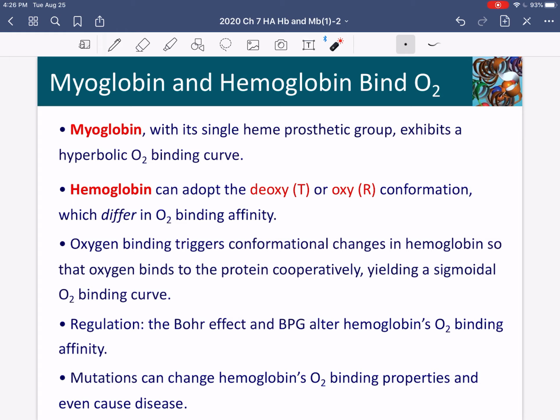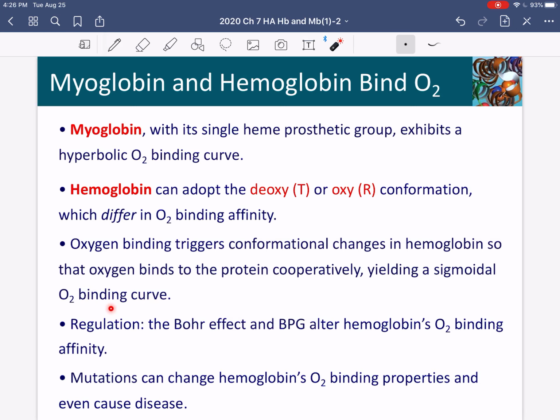And so it's either an all or nothing binding to oxygen. You go from no oxygen bound, and then when it's triggered at a certain concentration of oxygen, it goes to the R state, and all of the subunits of the tetramer bind oxygen. That's called cooperativity. Cooperativity is when the individual components of a quaternary structure of a protein all act together, and that gives you a sigmoidal, or S-shaped, and you'll remember S-shaped because sigmoidal begins with S, binding curve when it comes to oxygen binding.